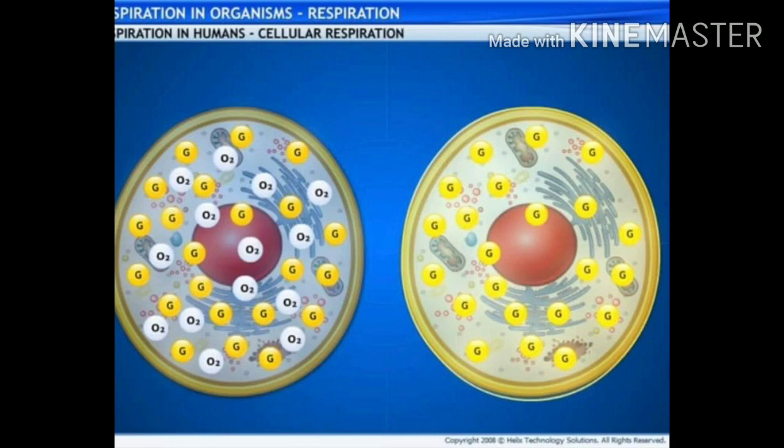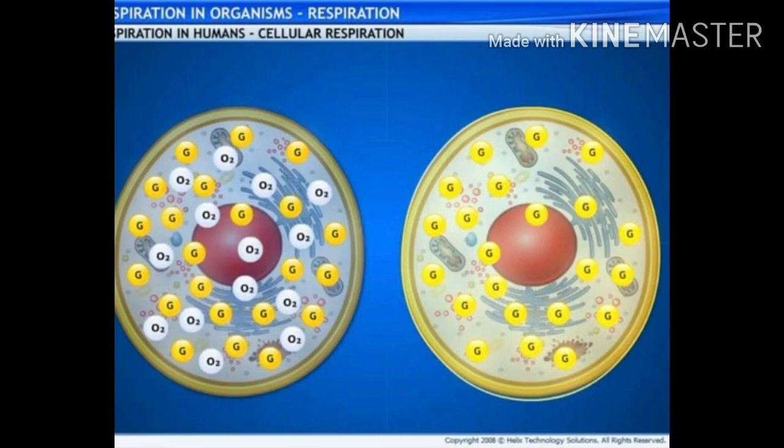So students, after the explanation of the term respiration, now come to the topic of different types of respiration. See these diagrams. In these diagrams, G is for glucose and O2 for oxygen. In one diagram, you can see oxygen molecules and glucose, but in another diagram, only glucose occurs without the presence of oxygen. So on the basis of these diagrams, we can classify respiration into two different types.